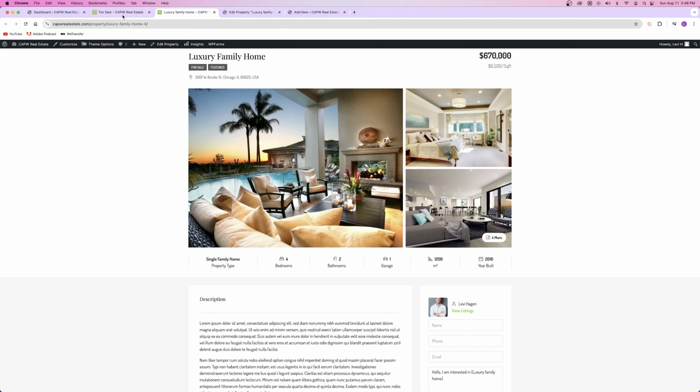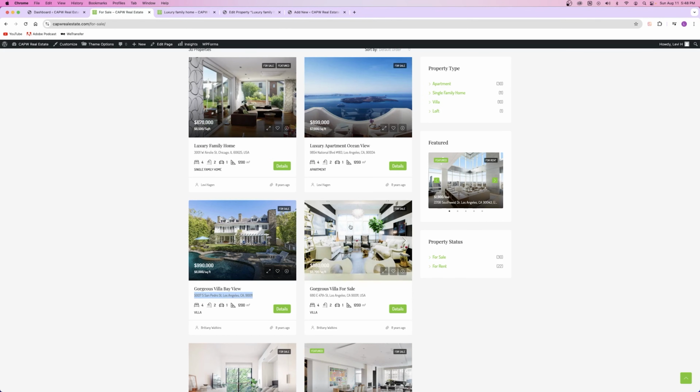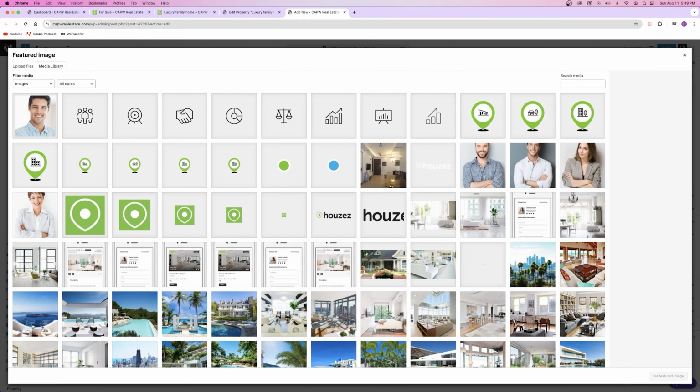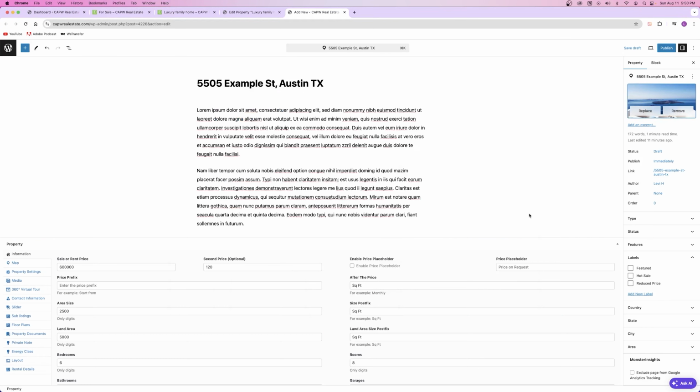It's the one that's first going to display like this on the property tile cards, or the property cards like this. So this is the featured image. So you have to set the featured image, which I'll probably just use the same one here. So now that we've finished all of this information and we have our featured image, we move on down a